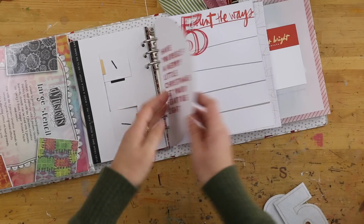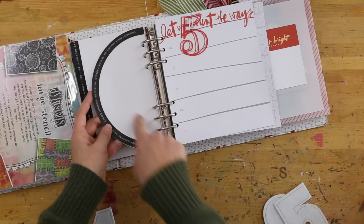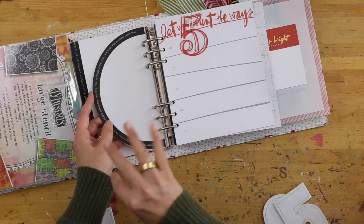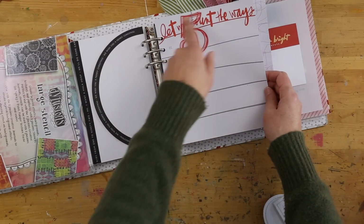And I love these, the die cut ones. And so then for day 5, I am using the other side of the half circle. Maybe a photo will go in here, maybe the number 5 will just go on here. I don't know yet. I'm not worrying about it. It'll come around. And then I have, this was from the number scrapbook kit, and it's a page that just